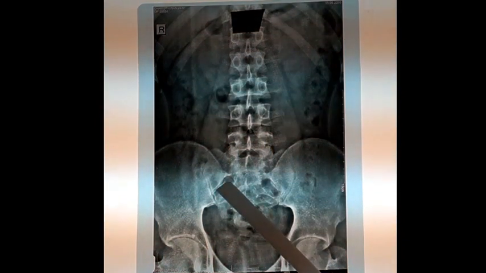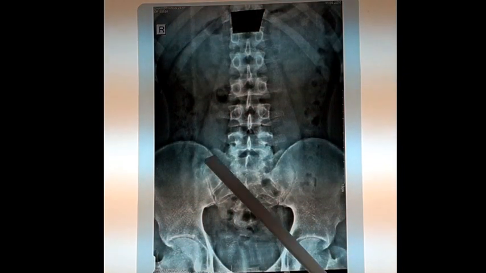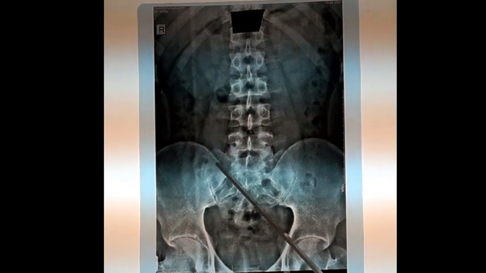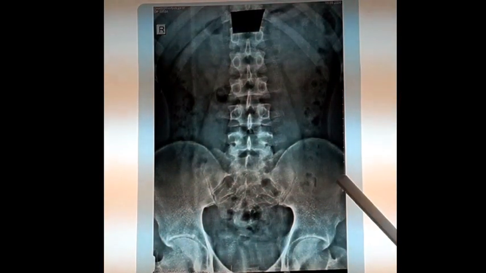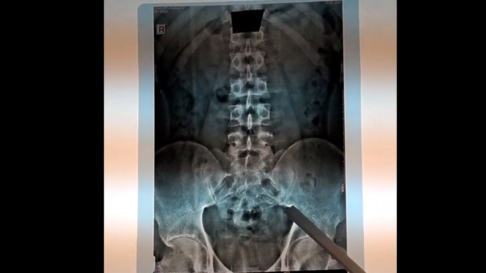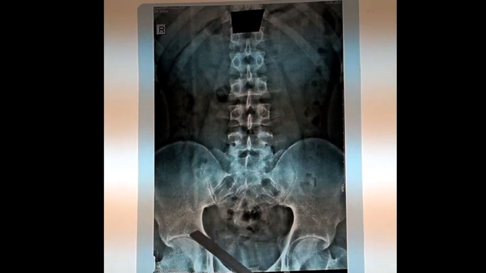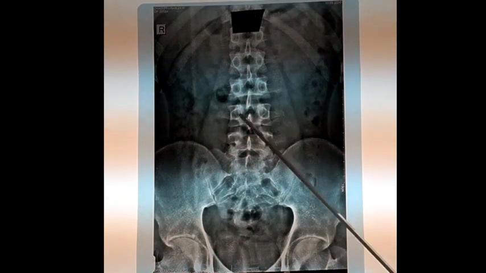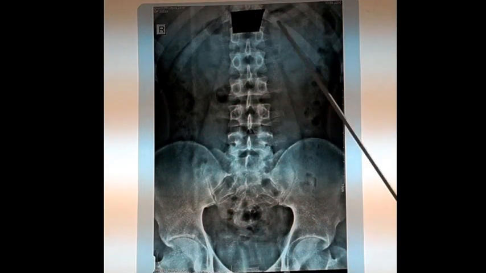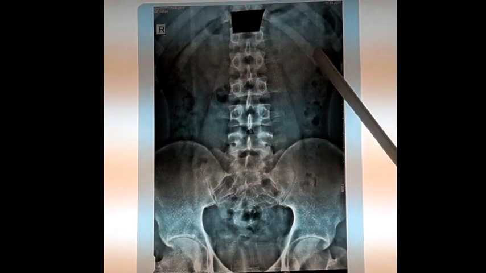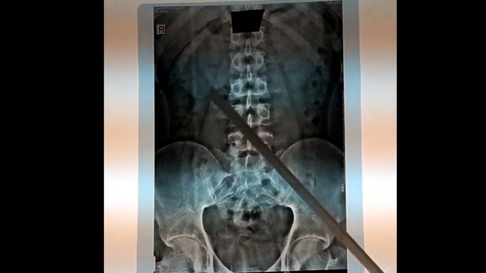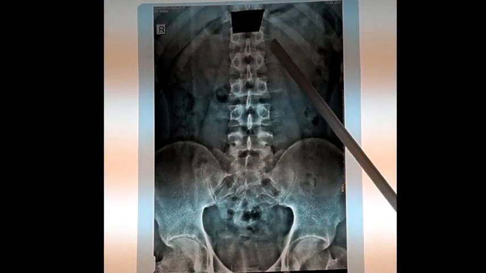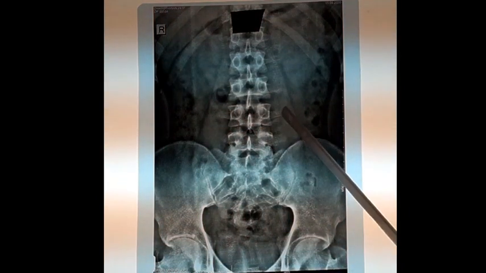So the bony structures which are appreciated in this X-ray are the sacrum. The central triangular bone is the sacrum, which continues below as the coccyx. On either side the iliac crest is seen, along with the greater sciatic notch, and the hip joint is also observed where the head of the femur articulates with the acetabulum, and in the center the lumbar vertebrae are seen along with the spines. On either side of the lumbar vertebrae we can see the lateral border of psoas major. So psoas major impression is seen clearly by showing its lateral border,